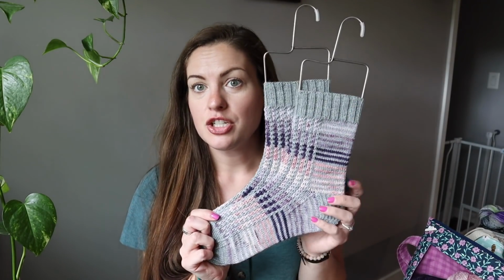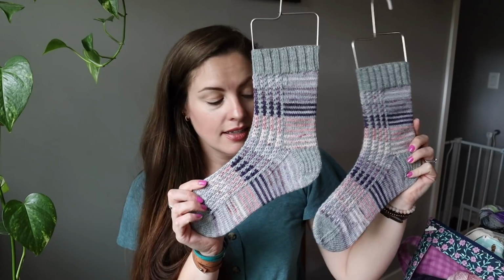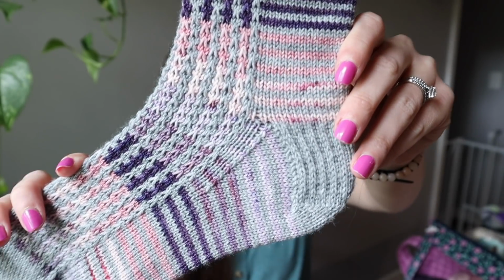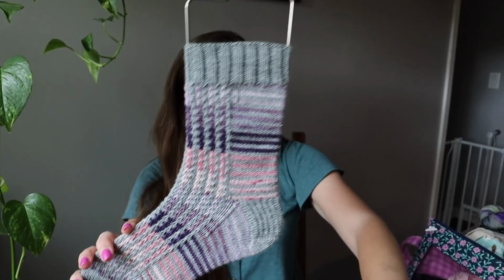So finished objects, I have 3 socks and 1 shawl. This pair I just finished yesterday. This is my Rainbow Connection sock pattern. And this pattern is amazing for self-striping yarn or using up mini skeins. It looks good with even 2 tonals or a tonal and a speckled. It's just such a fun one that's so versatile and works with so many different yarns that you could want to use it with. For this one, I did a silver gray